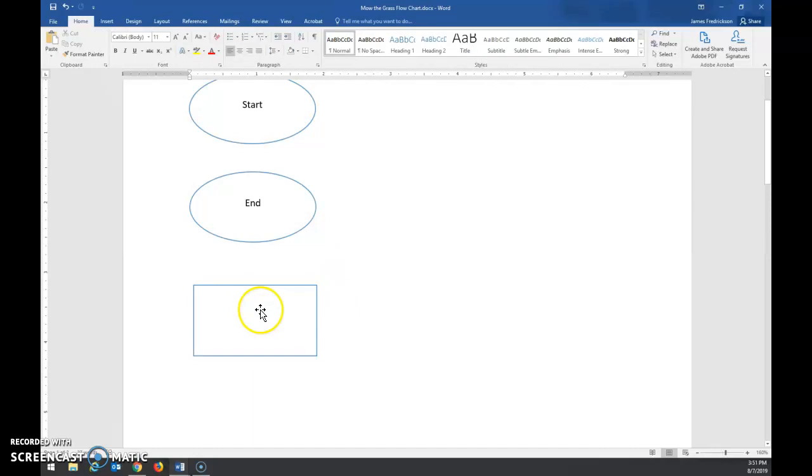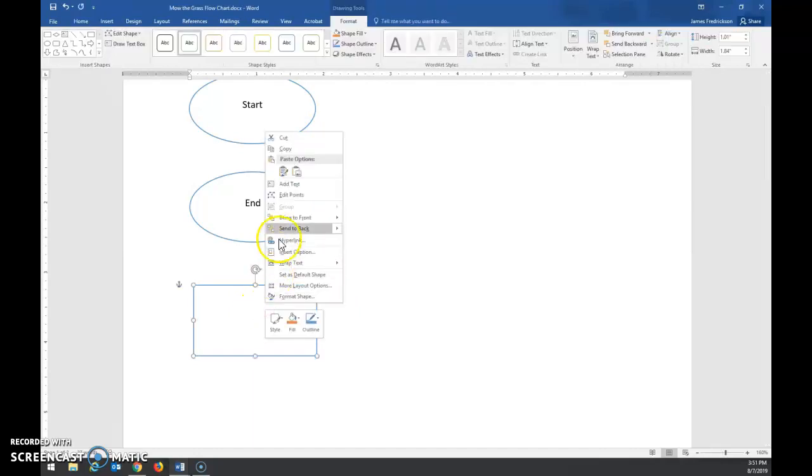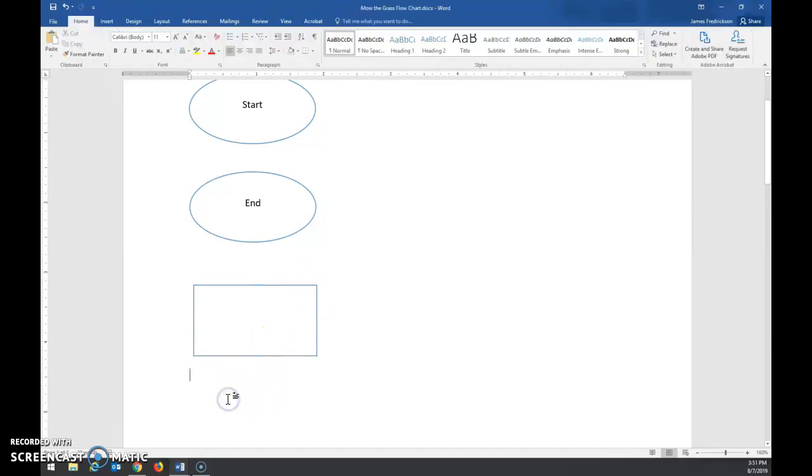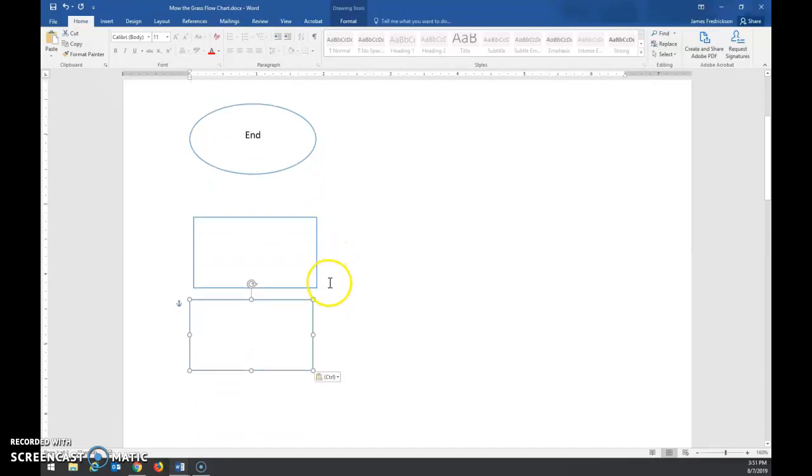Of course, if I wanted to copy it, I would click on it, and then I would right-click on it, and I would go up to Copy and select Copy. And then I would move to a new place and right-click and paste. So there I've got a couple of rectangles and I've got a couple of ovals, and they're all about the